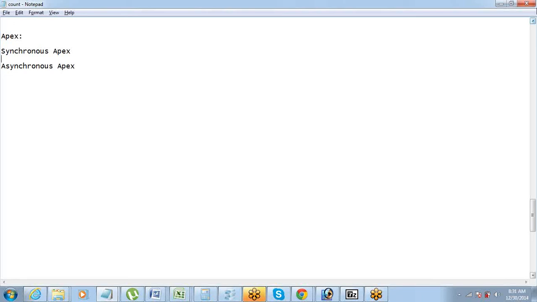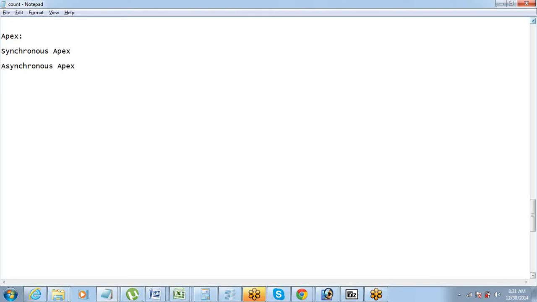Let's say when the end user is loading a page, the Apex method will get executed. End user clicks on a button, the Apex method gets executed. The end user tries to create a record, the method gets executed. The end user tries to delete a record, the method gets executed. So it's in sync with our action, right?